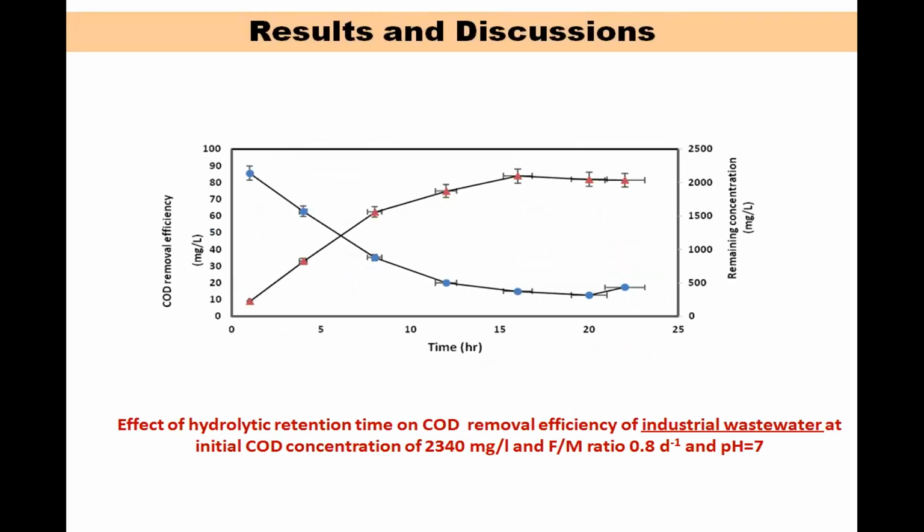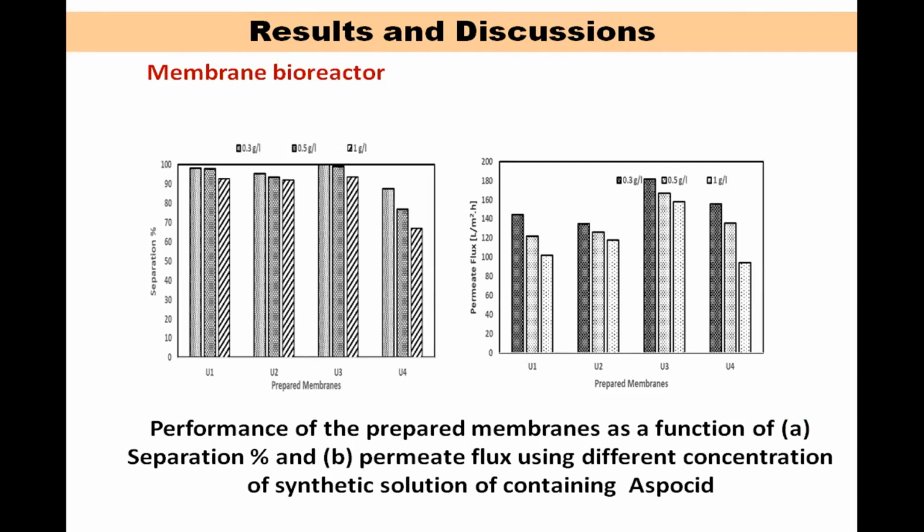The effect of retention time for industrial wastewater treatment: at an initial concentration of 2,340, it was reduced from 1,000 to about 250 through 20 hours. Using membrane bioreactors, this effluent concentration released from the activated sludge process can be removed completely using UF3, ultrafiltration membrane number 3,